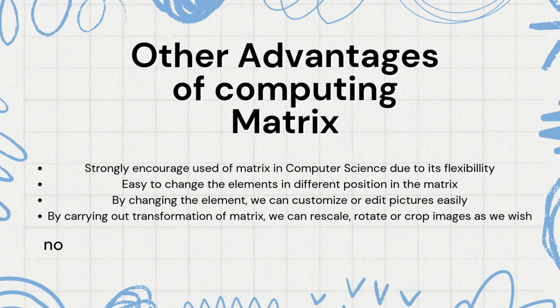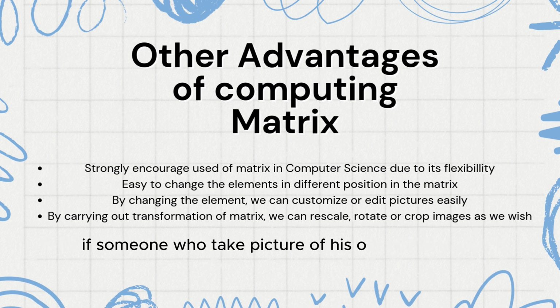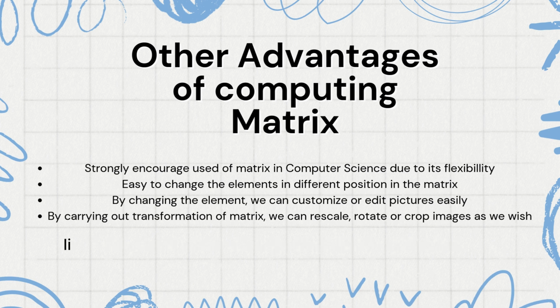For example, normally people take a picture by facing the camera directly. If someone takes a picture of his or her side face, the matrix that represents his or her face will undergo a certain transformation. So the computer can know whether the person is showing his or her face or side face in the image. Other than that, we can do even more powerful transformations like rotating the image upside down